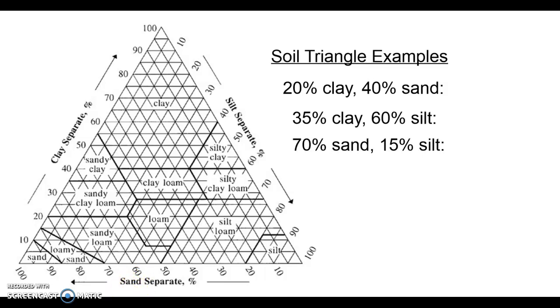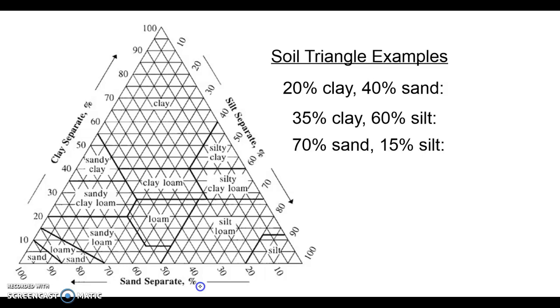And in order to determine the soil type, you need to know the percentage of two of those components. So it doesn't really matter which two you know, as long as you know the percentage of maybe clay and silt, or maybe silt and sand, or maybe clay and sand. So as long as you know the percentage of two of the three particle sizes, you can find the soil